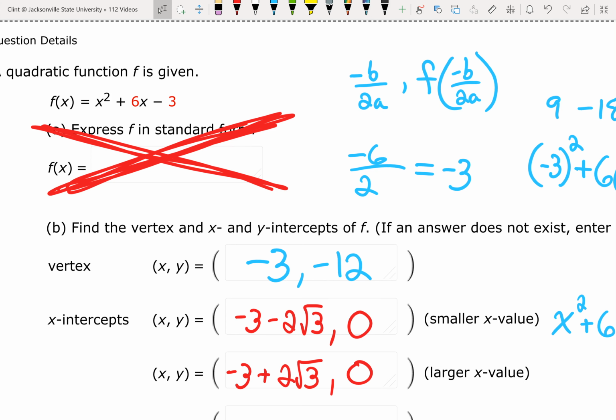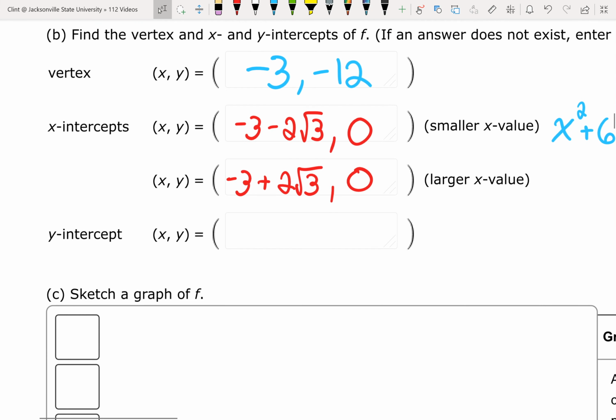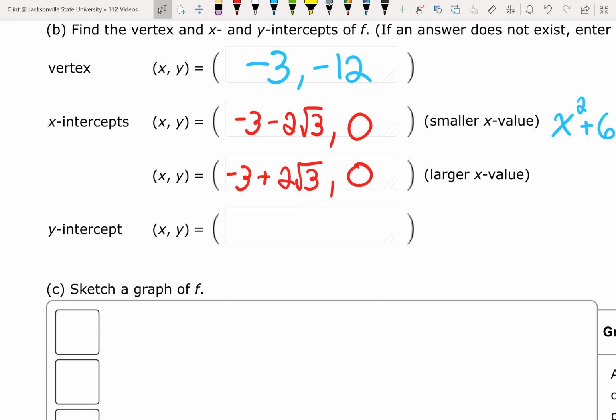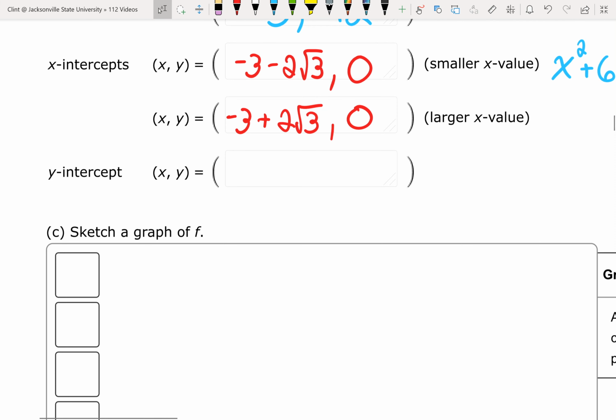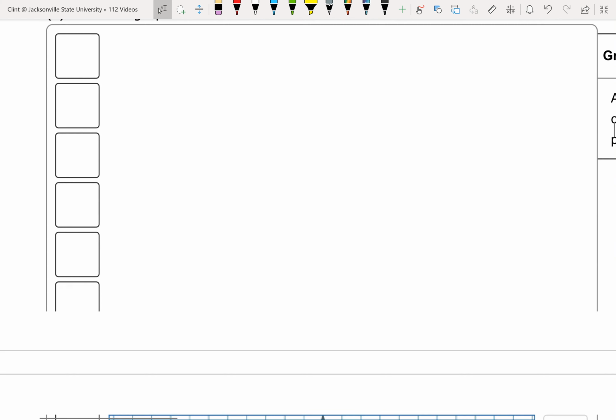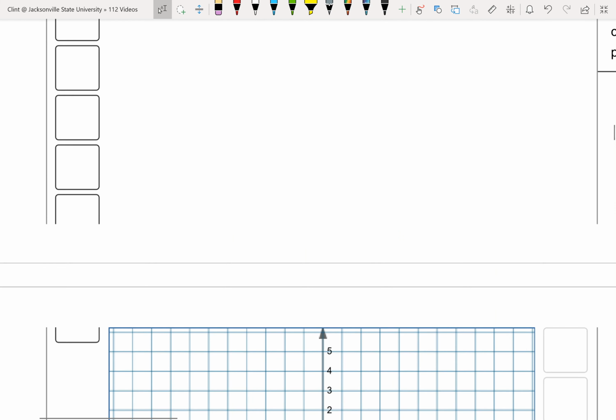Remember what we're going to do? We're going to plug in 0 for x. So we'll have 0 squared plus 6 times 0. Both of those will go away, right? And then minus 3. Our y-intercept is at negative 3, so the point is 0, negative 3. And then it says sketch a graph, so that's kind of messed up here, but let's see